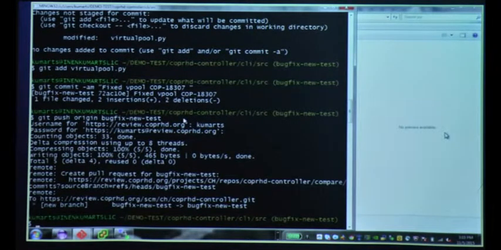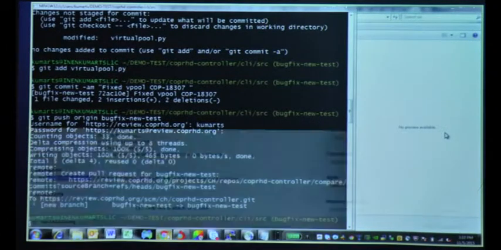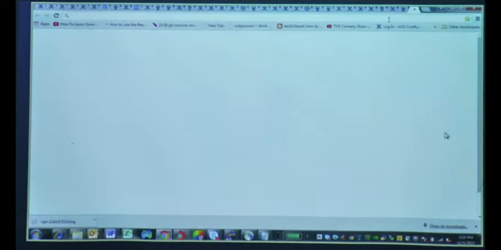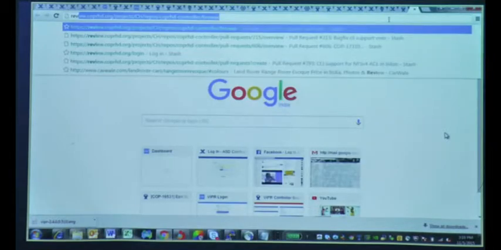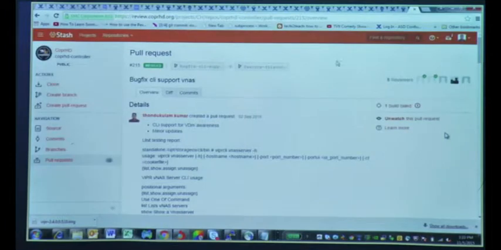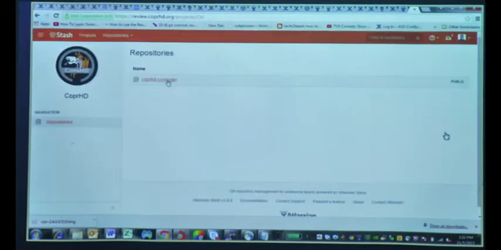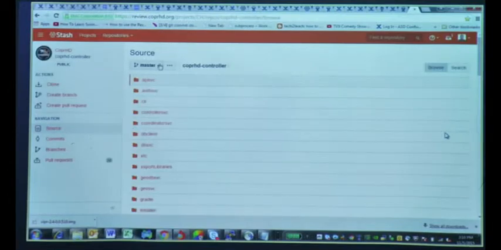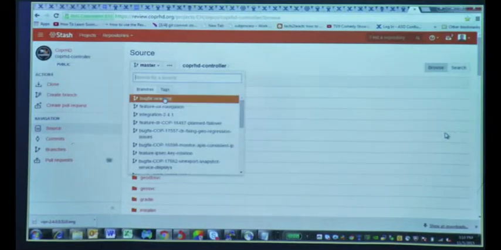So now our local branch is pushed onto the server. So we'll go ahead to the stash server and access it. The new branch we created is here.